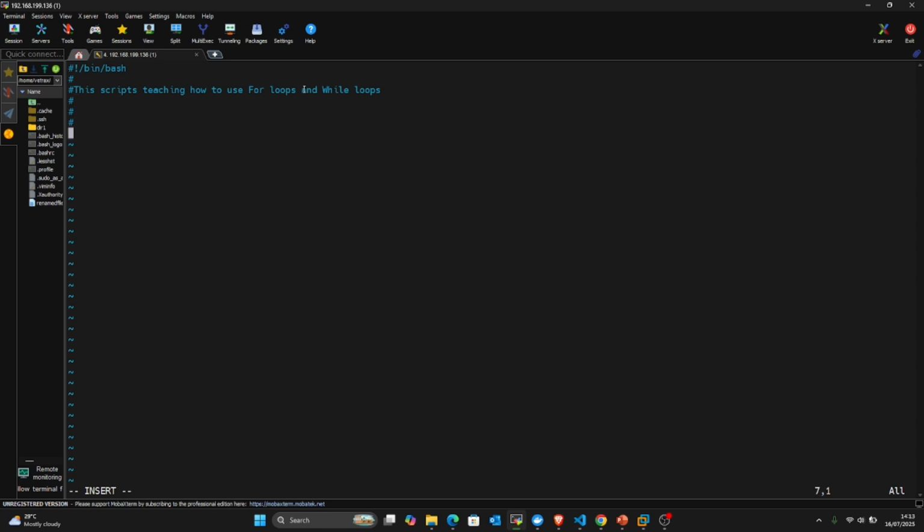Okay, so let's start with the for loop. It's just used to iterate over a thing. This is the syntax: for, then you give it a criteria. You can say for i in, and this i is like a variable. So for i in 1, 2, 3, 4, 5, do,